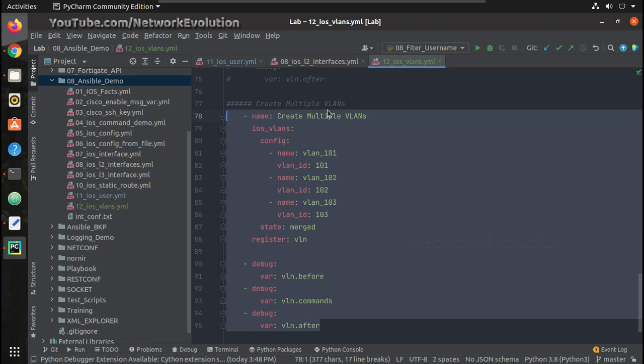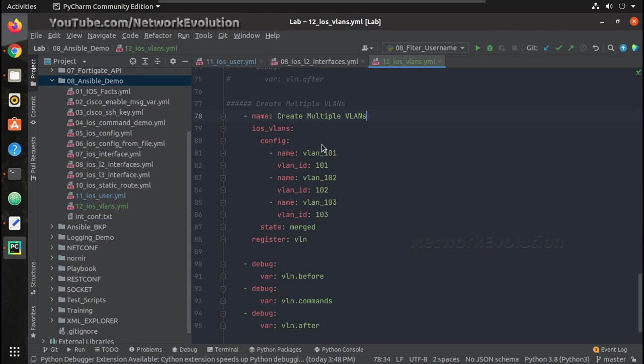In the iOS L3 interfaces demo, I have explained how overridden impacts the device configuration. That will try to replace all the attributes which are available in the playbook with what is available in the device. It will try to replace the complete configuration, so you should be careful while giving overridden. And here we will add VLAN 100 as well.